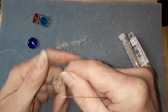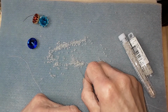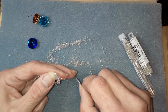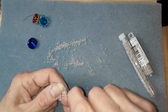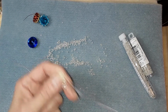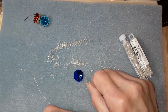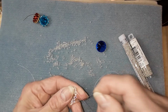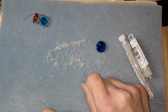That'll work. I don't like doing the peyote on it. I know a lot of people do, but it's not my thing. To me, it hides too much of the rivoli. To me, this outer edge is the most sparkly. And I guess there's no way really getting around covering up a lot of it, but